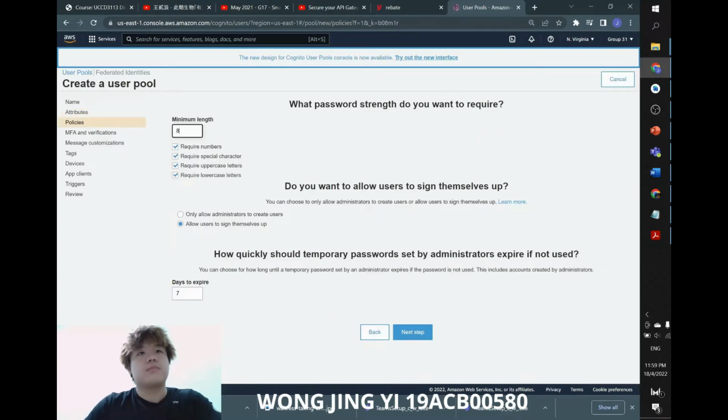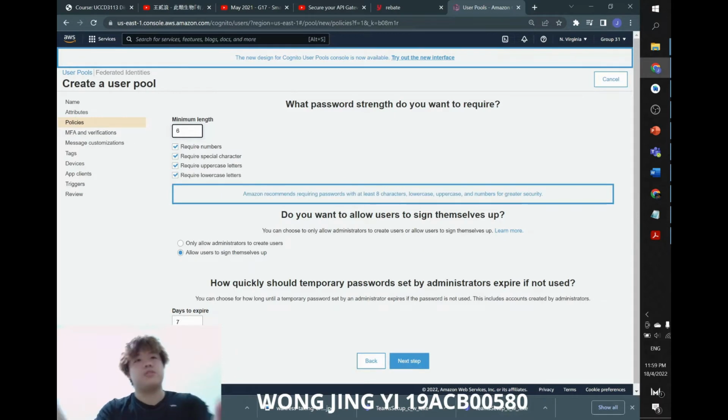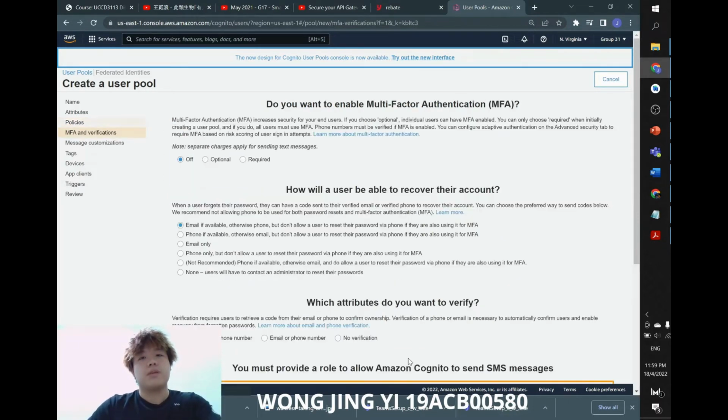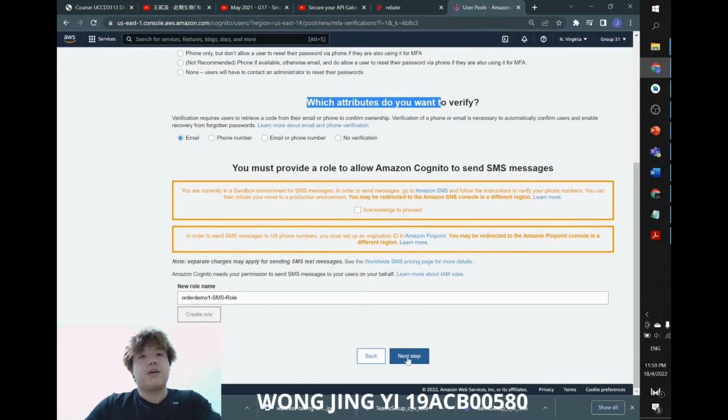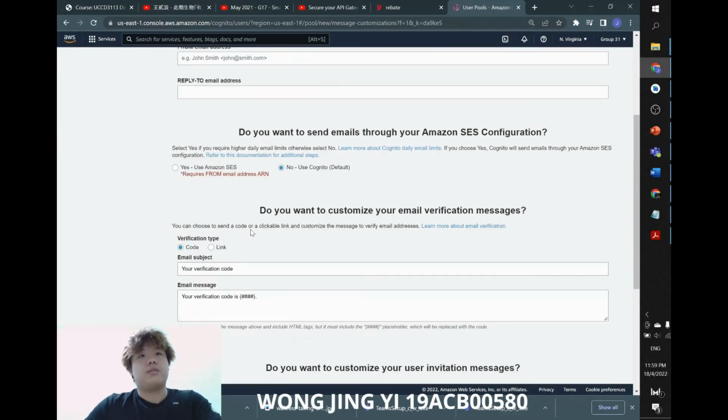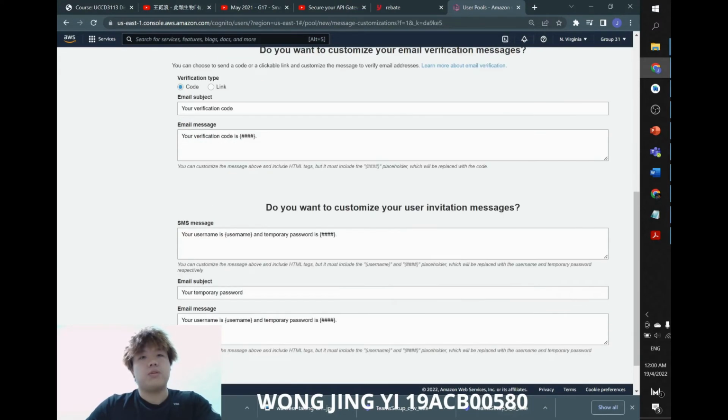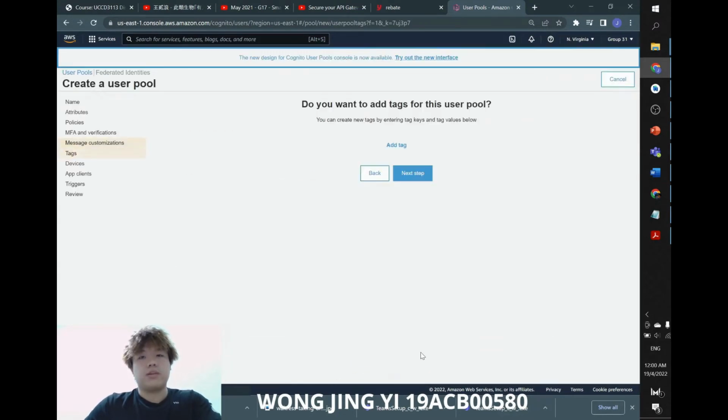Next step, this is the minimum password length. I'll put it as 6, and these are all the requirements to set the password. The next step, and then here is what attribute you want to verify, and then next step, and then the verification type, I'll choose the code. Then next step,